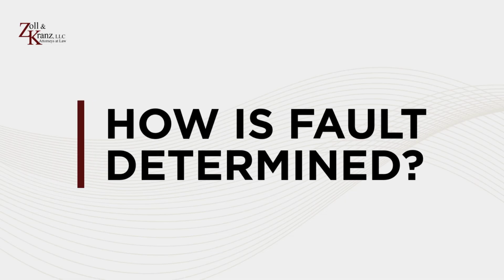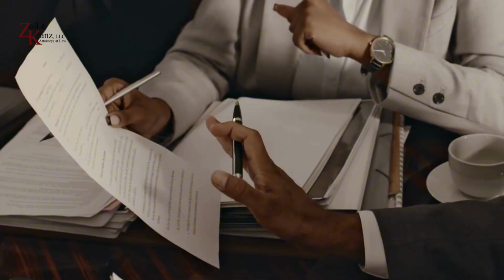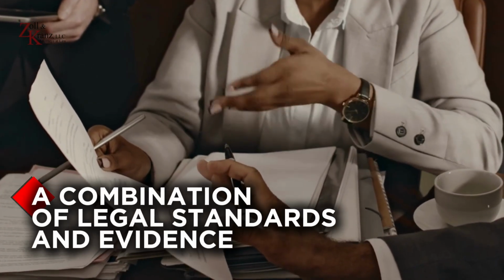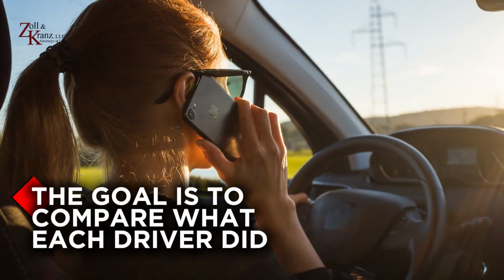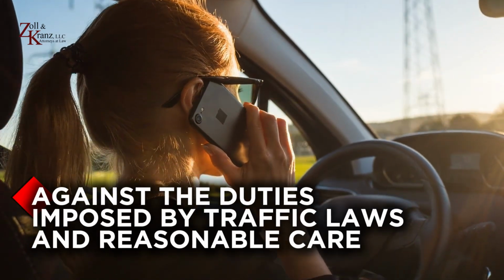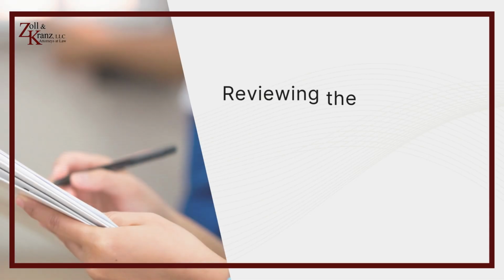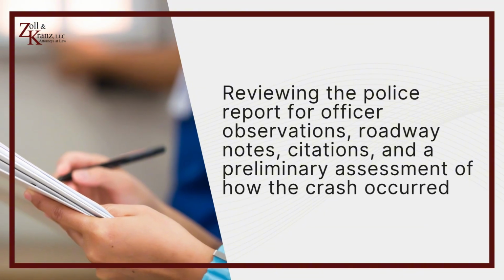How is fault determined? When people ask how is fault determined in a car accident, the answer is usually a combination of legal standards and evidence. The goal is to compare what each driver did against the duties imposed by traffic laws and reasonable care. Fault is commonly determined by reviewing the police report for officer observations, roadway notes, citations, and a preliminary assessment of